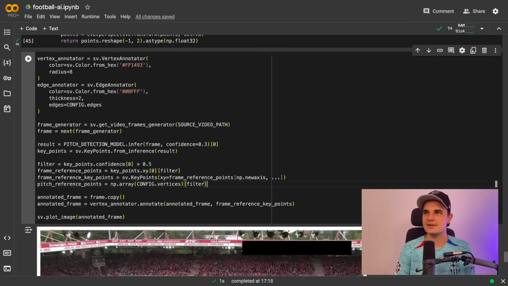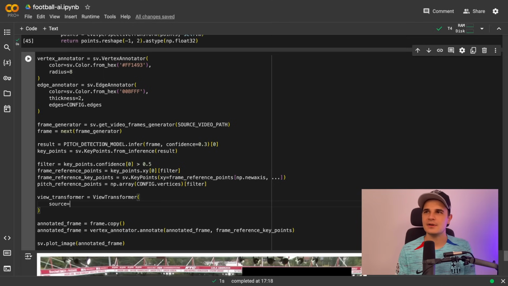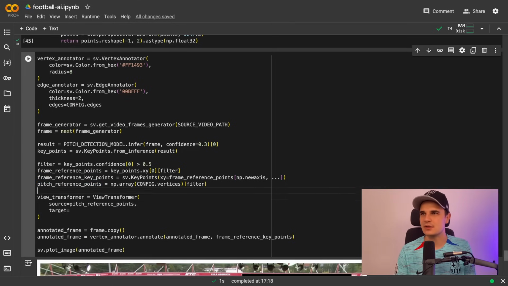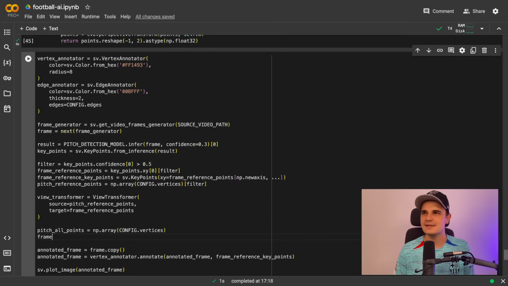We already have a frame reference key points. As I told you, it was part of the preparation for that transformation. And now we convert our config vertices first into a NumPy array, and then we filter them using the same filter as we used to remove the redundant key points from the key point detection result. The idea here is that out of the box we have 32 key points, and then we remove some of them because they are not visible on the frame. And we would like to remove the same key points from the frame perspective and from the pitch perspective so that we end up with a pair of points that exist on both planes, and then pass those points into the view transformer